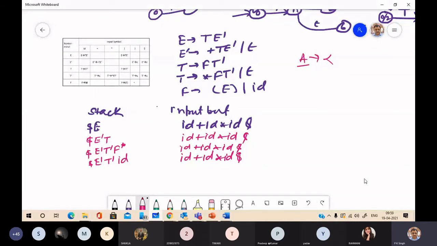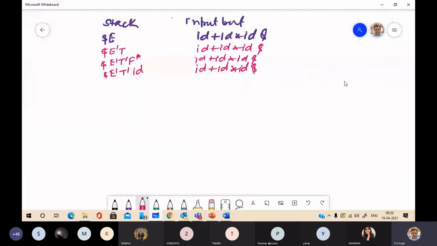Now F and ID: replace F by ID, means pop out F and push in ID. So you will get E dash T dash ID. Next, ID and ID: apply rule 2 we have discussed. If the top of stack is a terminal symbol, then you have to pop out ID and advance the input pointer. Now the input pointer will point to plus. Next is T dash and plus. After popping out, this is the state of stack, and here you have plus ID asterisk ID dollar.